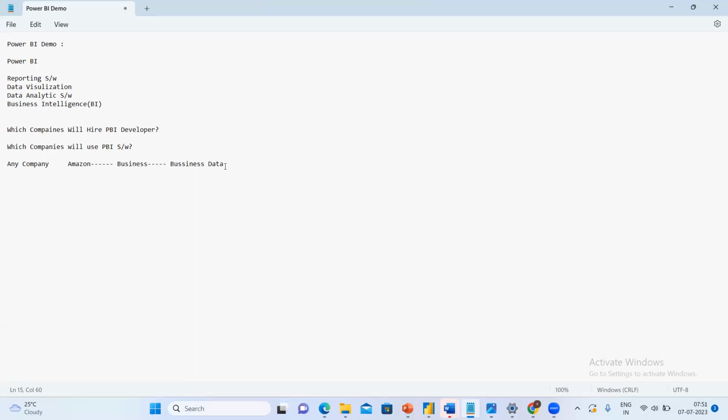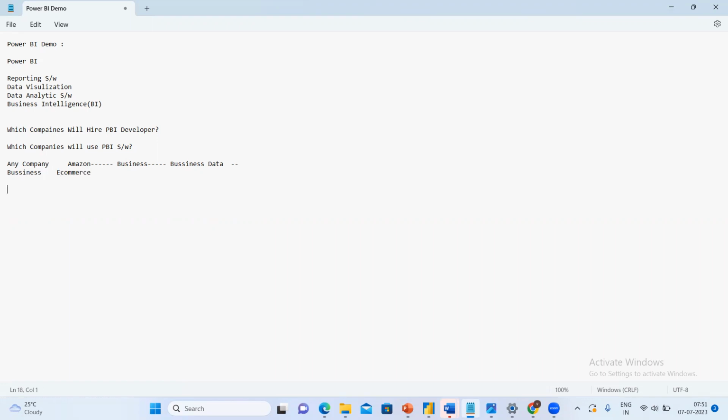Finance side means whatever the finance related information, it will be stored in one table. All these things, from buying one product to bringing the product to your location, all the data will be stored as business data, which is what we call business data. Amazon is doing a lot of businesses, but the major business is e-commerce. Once the business data comes, what do we need to do? Now we have the business, meaning Amazon is doing e-commerce. As I said, the major platform for Amazon is e-commerce.